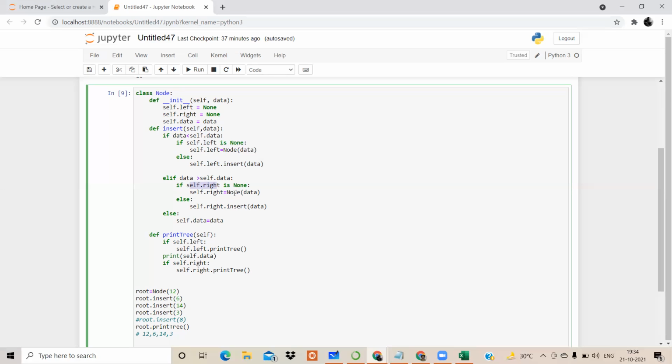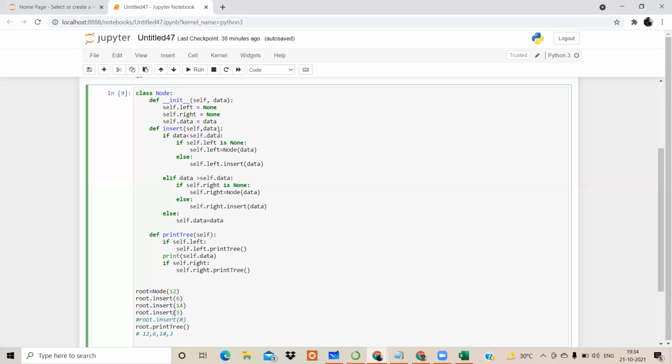So that's the reason it will add this new element, that is 14, as a node on the right hand side. That means 14 will be created as a node जिसका left and right अभी empty होगा. Is this fine? Yeah, this is fine. It won't come to this else part, because यहाँ पे 14 node का काम हो चुका है. Then it will go to the next root insert. So next element जो insert करे, that is nothing but 3.